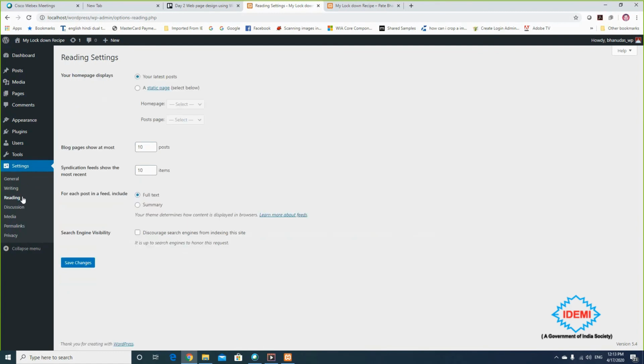See, reading settings. Whoever is visiting your website, and your website is only showing a blog. Okay, so you are writing on n number of popular topics, and you want to publish them to the community or to your friend circle, and you are inviting them to see your posts through various social media.